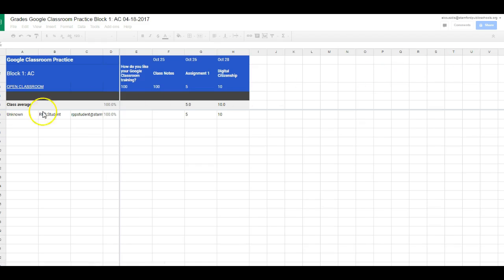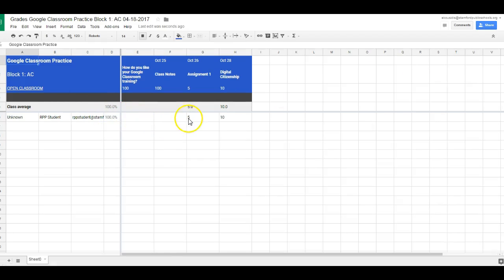And here it is. But it's only one assignment, fine. Here's the score. And so, obviously we would have a lot more students if this was a real class, and we'd have a lot more assignments. But it gives you the name of the assignment and the point value, and so then you could just add them up and, however you are doing your grades, add them up and divide it by the total number, or whatever system that you're using to do your grades. But this basically gives you a nice spreadsheet of all the information that you need in order to help you